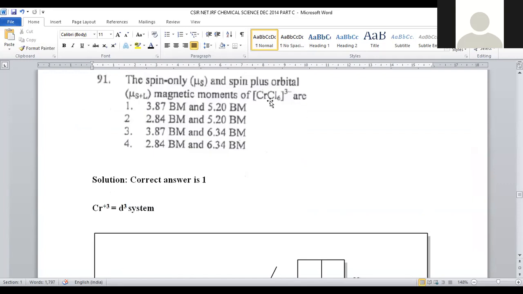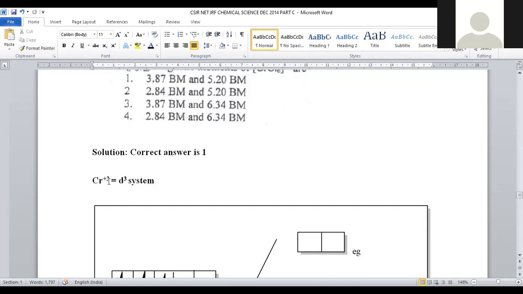If you see the oxidation state of chromium, here 6 chloro ligands are there and a minus 3 charge, right? So here minus 6 charge and minus 3 overall, that means 3 charges are compensated. The remaining leftover charge on chromium will be plus 3. So chromium exists in the plus 3 oxidation state. Chromium is a d5 s1 system, meaning a total of 6 electrons in its valence shell. From the 6 electrons, we are discarding 3, so the remaining will be 3 electrons. It will be a d3 system.